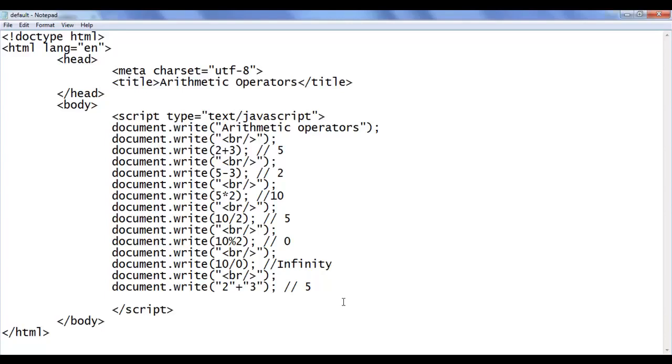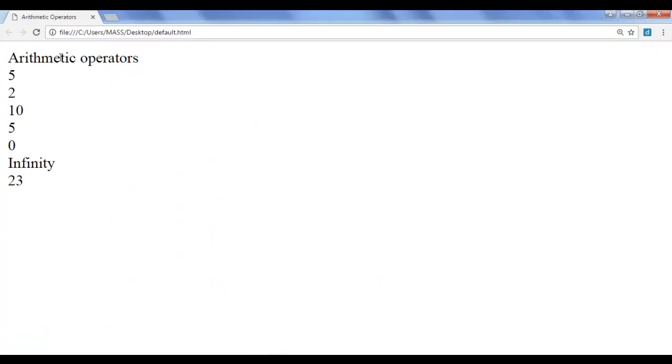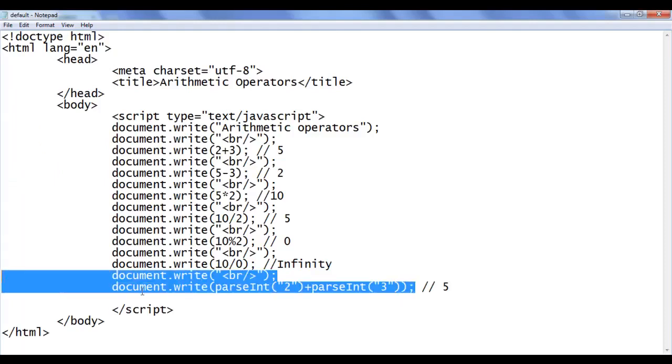I discussed the parseInt function. You remember we discussed the parseInt function. If we give it a string having a number, it returns an integer, right? It returns a number type. Here I say parseInt to convert that string 3 to a number 3. On the left hand side we have number 2, on the right hand side we have number 3. So the plus operator works like an addition operator. It gives us 2 plus 3, 5 on the screen. File, save, go to browser and refresh. You can see I am getting the 5 now. This is one of the special cases we come across a lot of the time while developing applications or writing games.